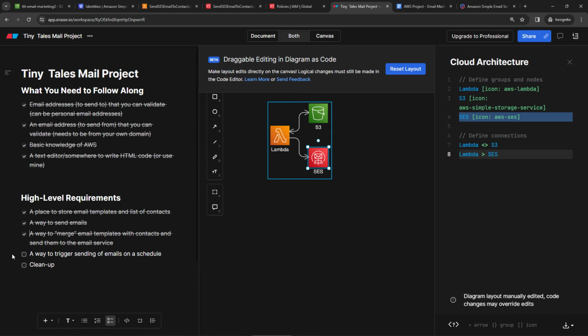And then we need a way to trigger sending those emails. In other words, we need to trigger the Lambda function. And there's lots of ways that you can do that with Lambda. You could trigger it when you upload a new email template to the S3 bucket. You could trigger it from the console, from the CLI, or something else. We're actually going to use EventBridge, which used to be called CloudWatch Events. But with this, you can set up a schedule to trigger it, say weekly or daily, or whenever you want